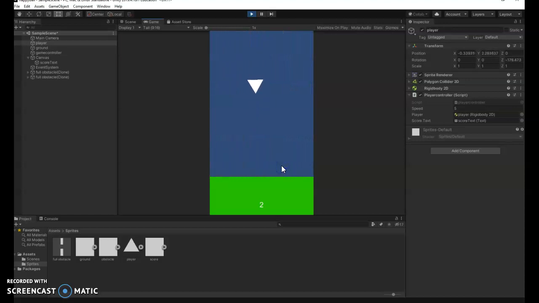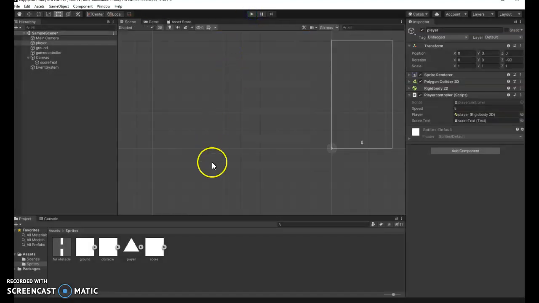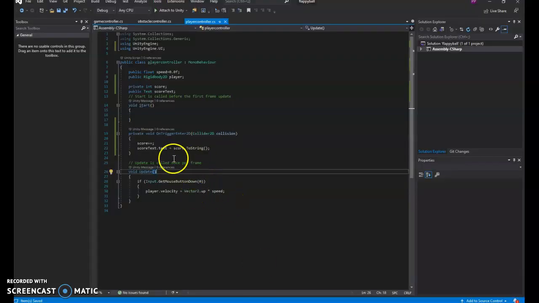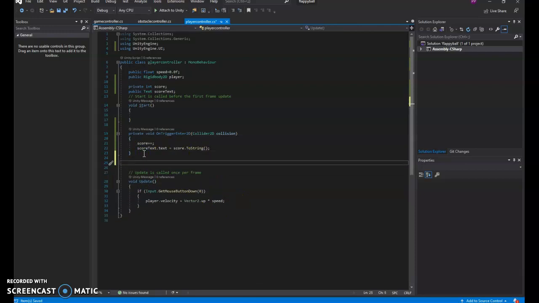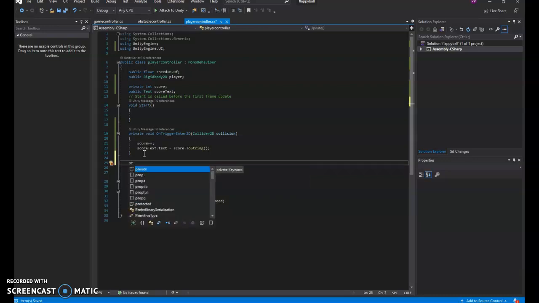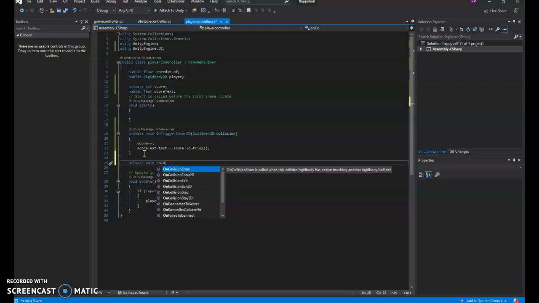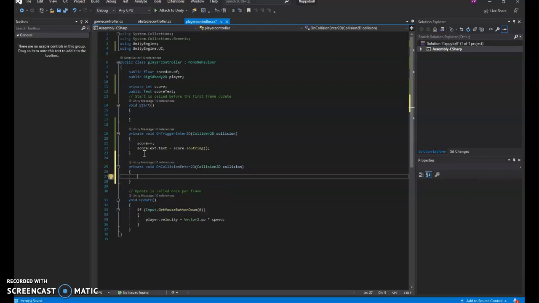Now, we don't have any consequence right now of going through and not making it through and touching anything else. So what we want to do now also is to have our player controller so that it also catches if we touch something else. So the only thing that's a trigger is our score sprite. Everything else, the ground or the obstacle, are set without isTrigger on their colliders. So those will actually come up with OnCollision2D. So if we have OnCollisionEnter2D, we are touching something that we don't want to touch. And basically we're just going to stop our game, which we can do with